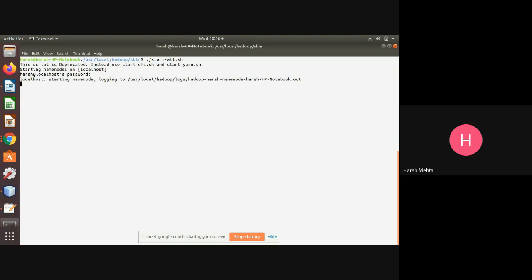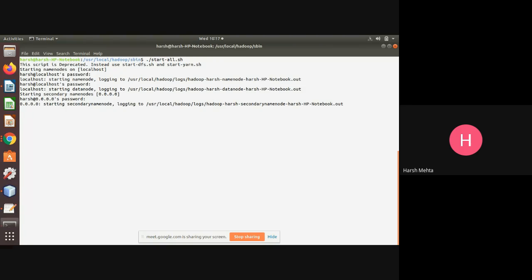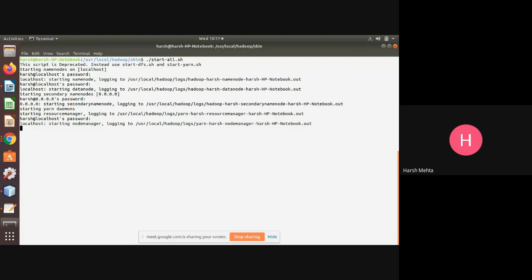Starting name node. Starting data node. Okay, let me write down JPS.